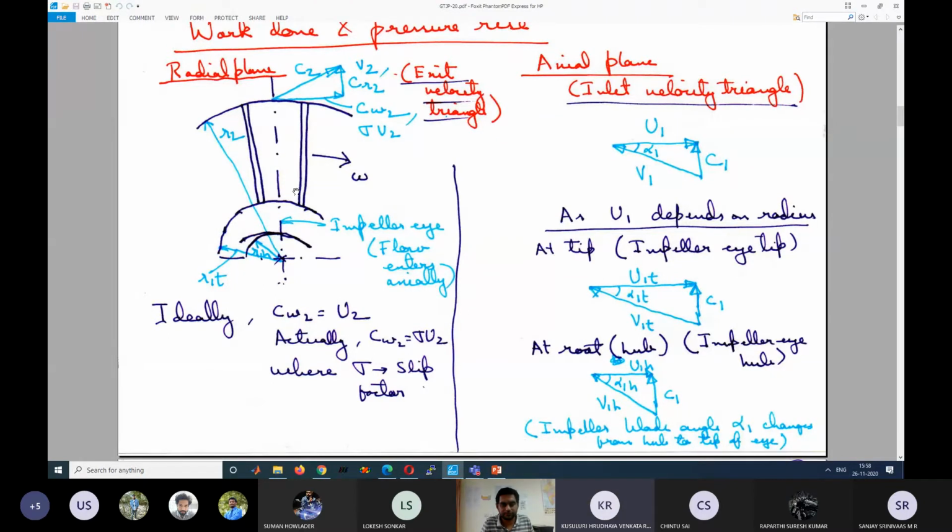Sir, in the plane of paper at an angular direction. Not plane of paper, why are you saying plane of paper? C1 also is not in the plane of paper, right? It is from your eye towards the paper. Plane perpendicular to screen. C1 is at an angle to the plane of the screen. So it is from our eye towards the screen, but at an angle.